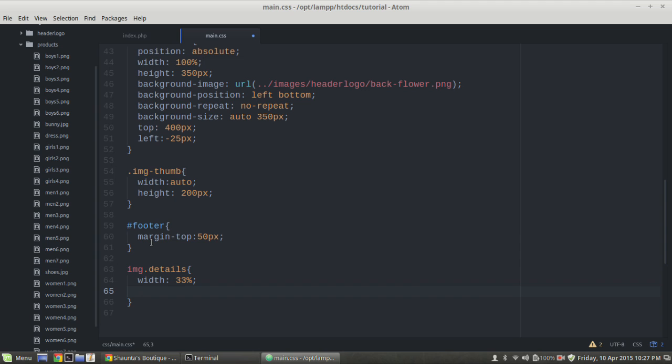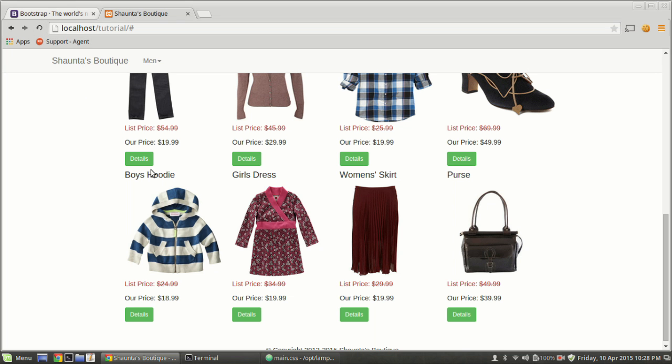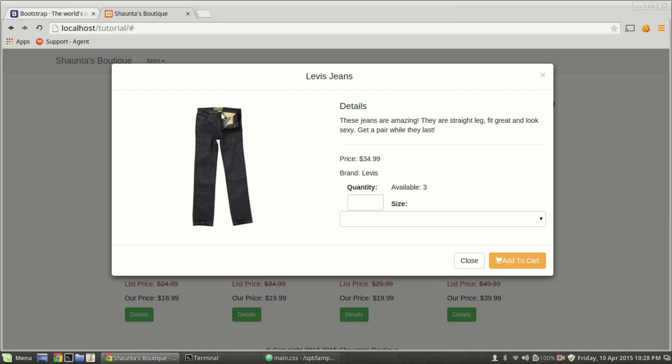I'm going to give it some margin, and we'll say 15 pixels on the top and bottom, and we'll say auto for left and right, which will center it. And let's take a look at that. That should, yep, so that centers the image right here,